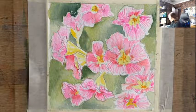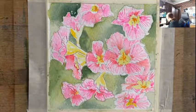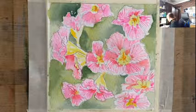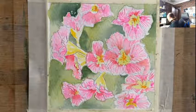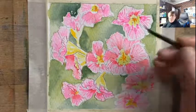Okay, let's have a look now. I'm going to try a little bit. I'm going to go this rosy colour. So I'm going to get a bit more on my palette and start to...